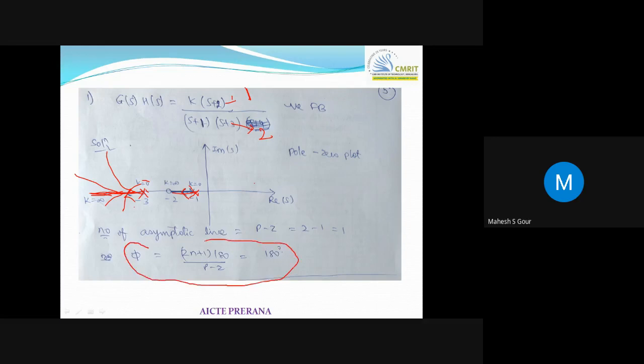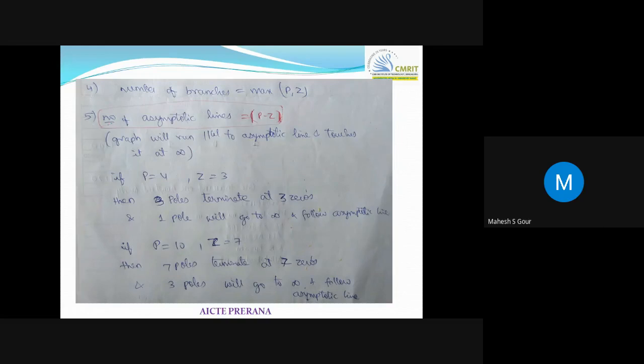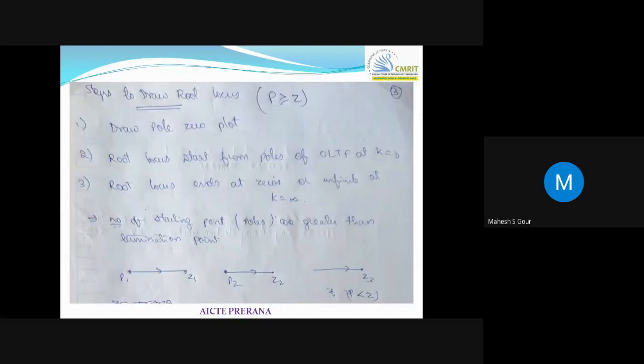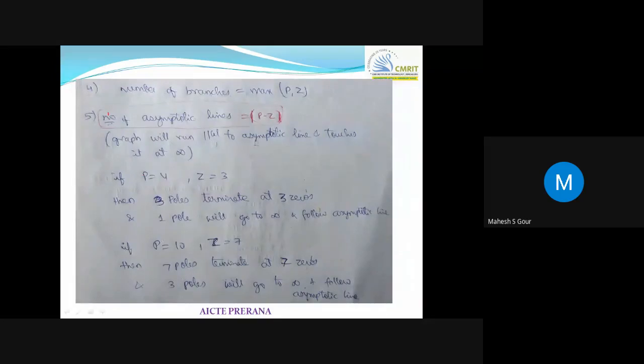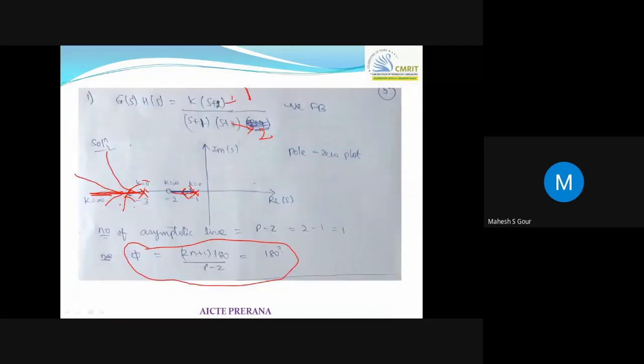So this is the formula. That's why I explained this. Till here we have come, so now I think you can draw the root locus plot. These two steps are clear, right? Now what is the angle of asymptotes and how many asymptotic lines are required? Here only one is there. Your P minus Z will be 2 minus 1, so we'll be having only one asymptotic line, that is this one.